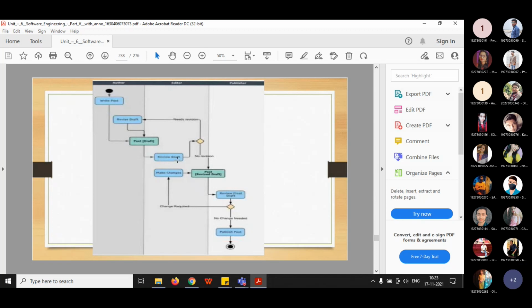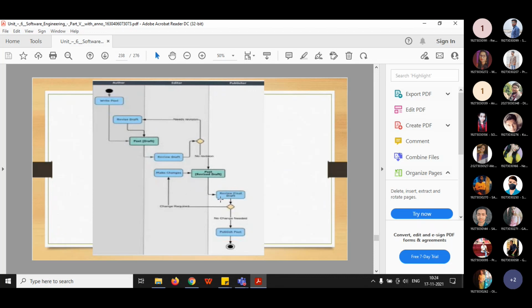So whenever you are writing any post, you are revising those drafts, receiving those drafts and revising again. Here also you can see that there is a loop. Make changes, then the loop is flowing like this, and until the changes are correct, it is revising all the drafts.